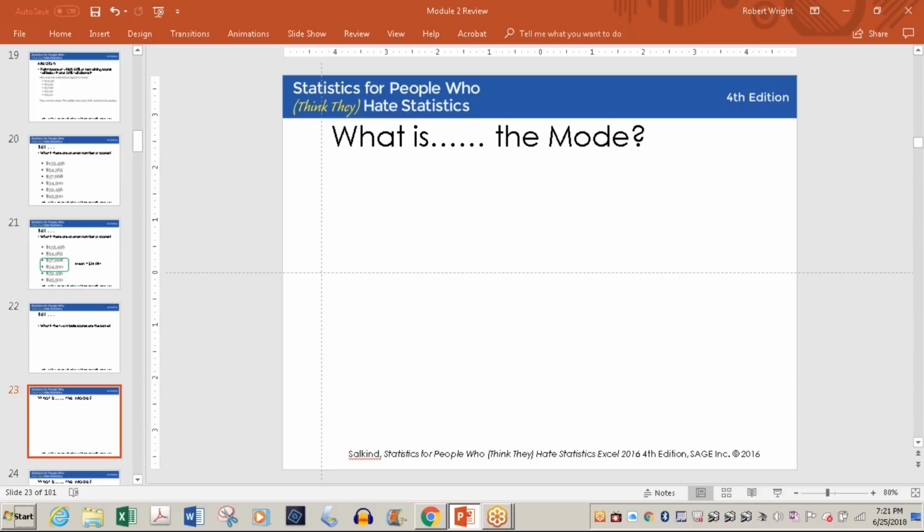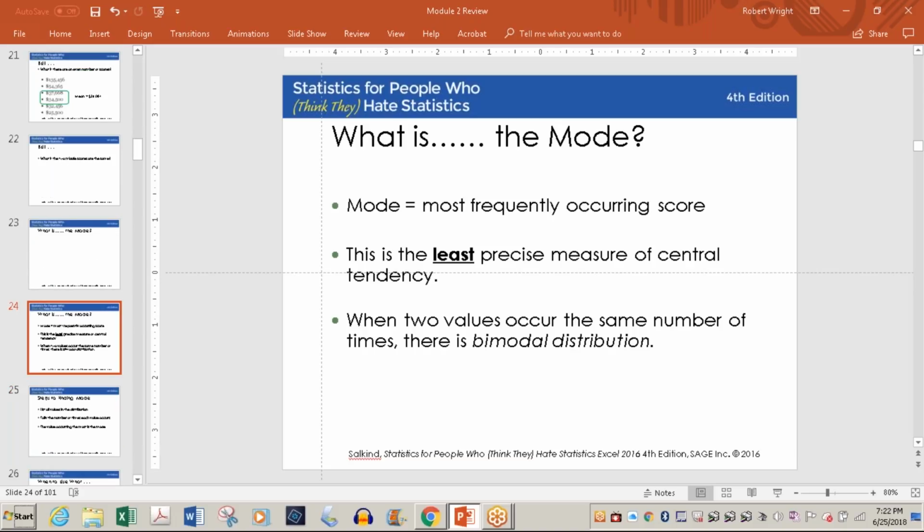All right, moving finally on to the mode. That's something that sometimes we don't see used, and we often see it used incorrectly. Isn't it the one that occurs the most often, like the scores with the most frequency? Exactly. That comes in handy in different situations. The mode is what happens most frequently. On one side, it is the least precise measure of central tendency. You can have more than one mode. If you have 2, it's called bimodal. If you have more than 2, it's called multimodal. That's not rare, but it can happen.